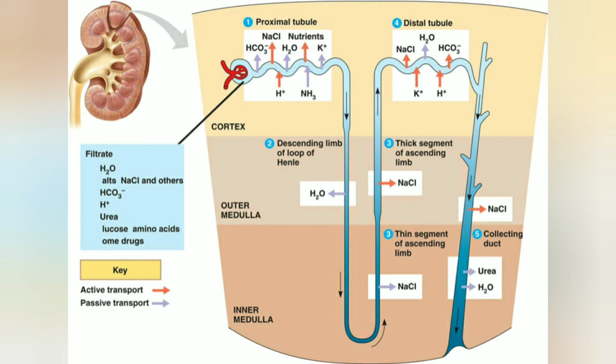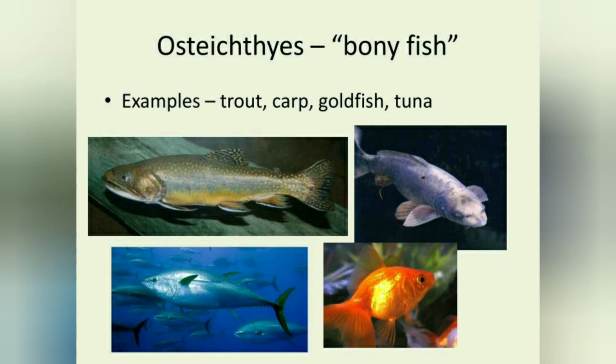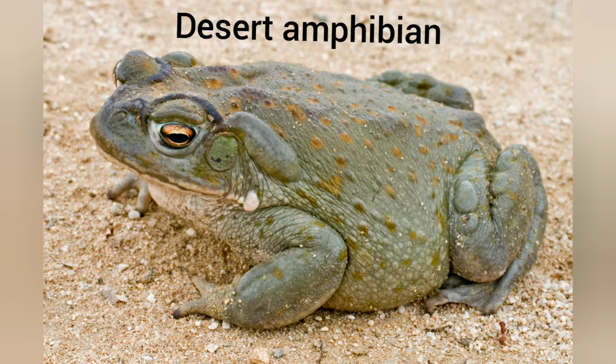We already studied that during the first step, whatever primary urine was formed was alkaline in nature. Now in DCT, whatever urine is formed is acidic in nature. Secretion of hydrogen ion in DCT and collecting tubule is important for the homeostatic mechanism, for pH regulation of blood. This process is called tubular secretion. Tubular secretion is the only mode of excretion in marine bony fishes and desert amphibians.